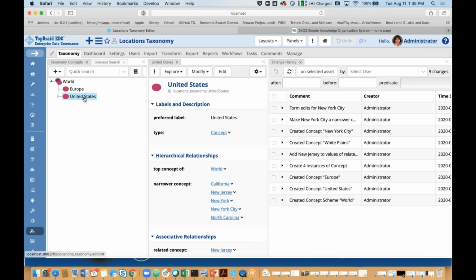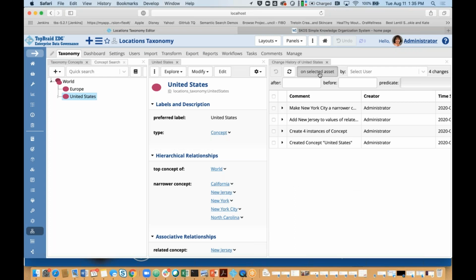If I want to filter them to be only about a specific resource, here's United States, I could click on this button, on selected asset, and now I only have changes that were made to United States. So let's see what changes I made here. I originally created United States, adding information that it's a concept, its label, and that it's part of my taxonomy